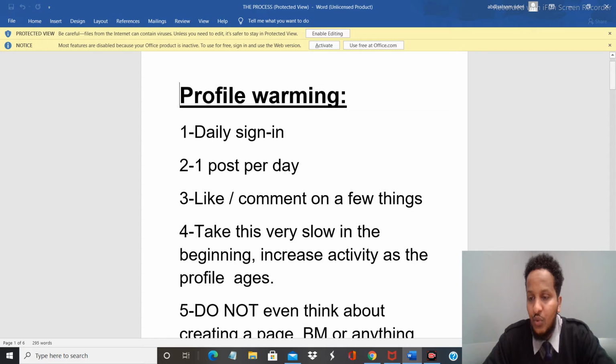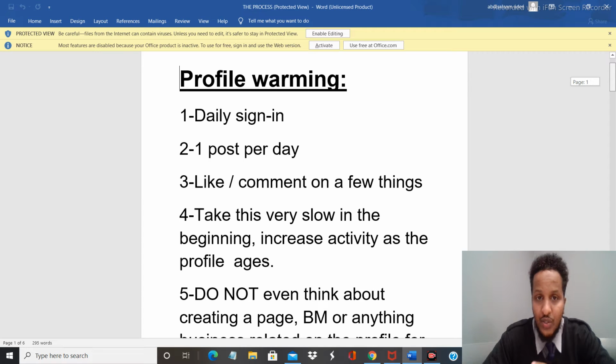So you want to give Facebook that trust, saying that okay, I might have used it before, my Facebook, although I've got it for 5 years. But you've got to do some activities within your profile before you jump into making ads, right? So first thing first is daily signing in, of course, into your Facebook page, making sure you're checking in, doing the daily things that we normally do as a Facebook user, and then